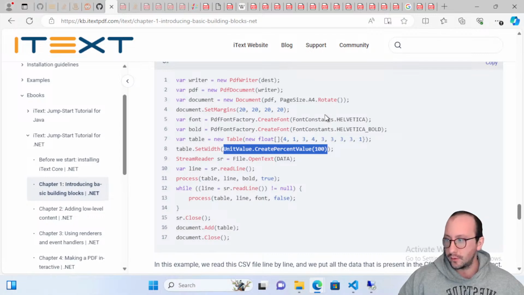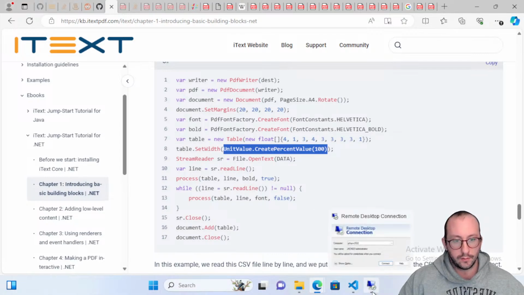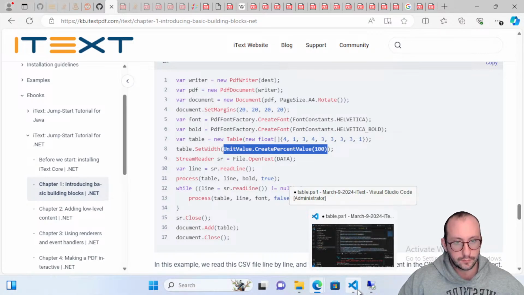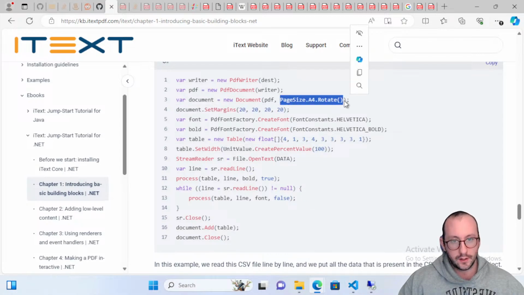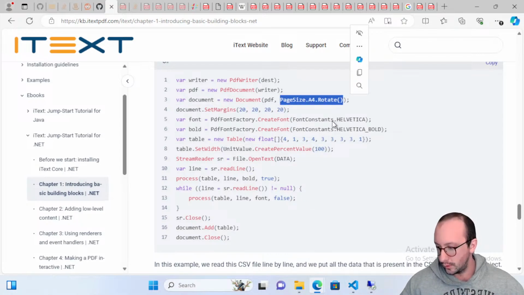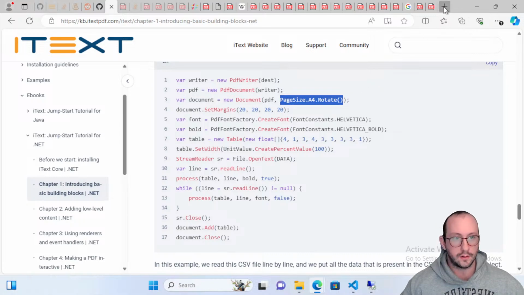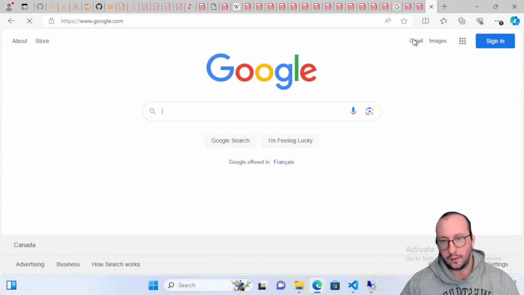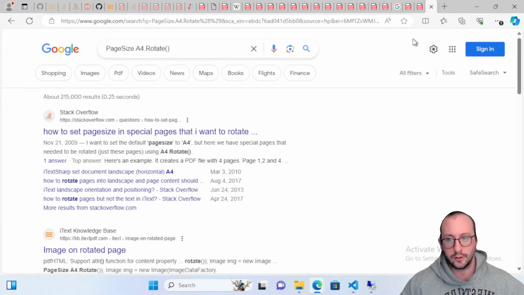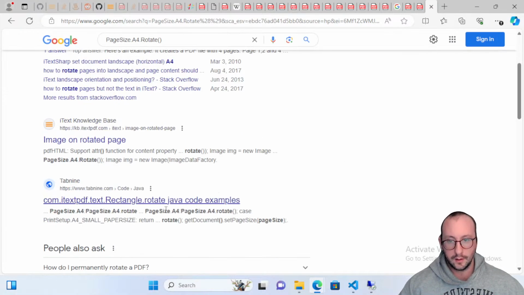So we might have to rotate our page as well for these types of things here. So let's do that. So page size A4 rotate. So I wonder if I just do a Google of that, if that will actually get me